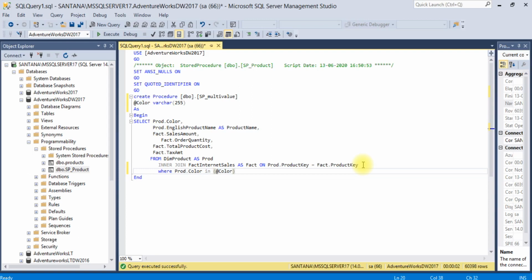But in SSRS, when it passes the value, it will not come as it is; it is a multi-value. It should be displayed as comma separated in the SQL script, because it will be like red, comma, gray.